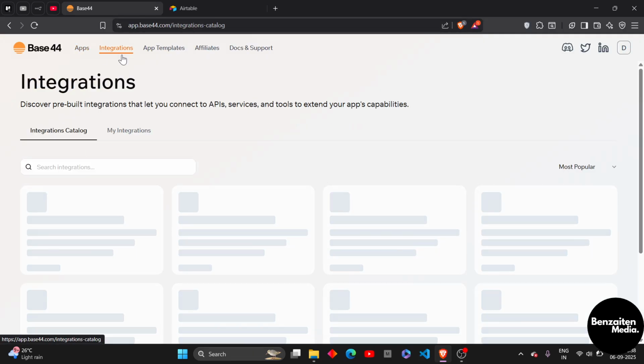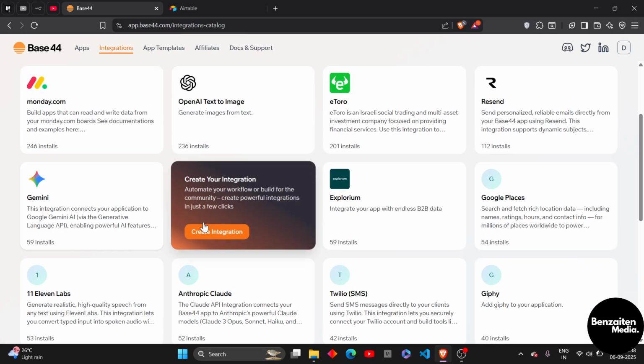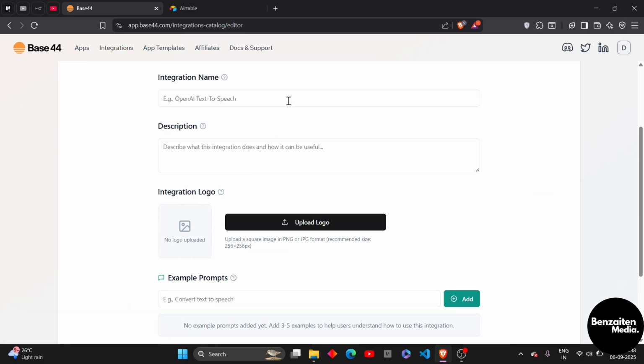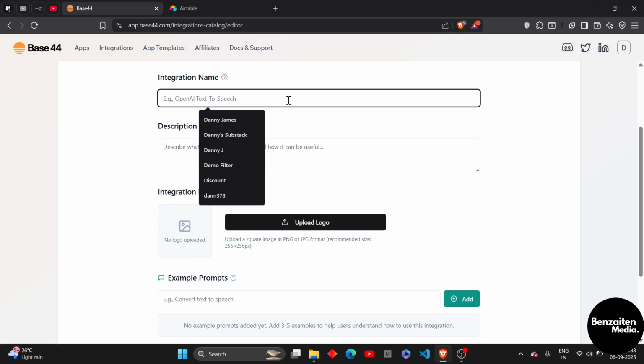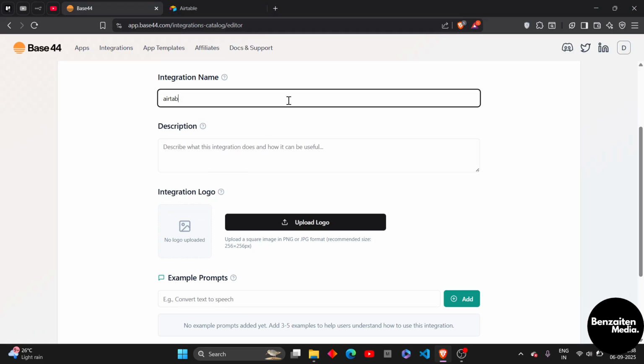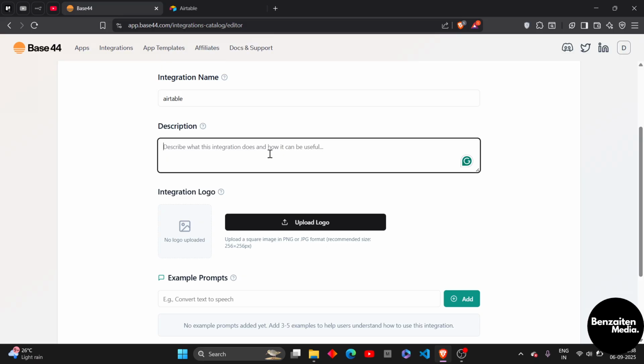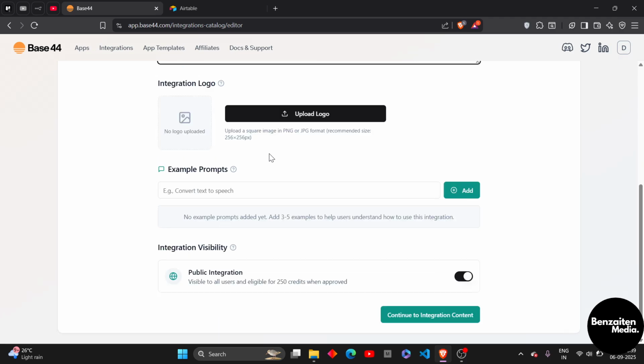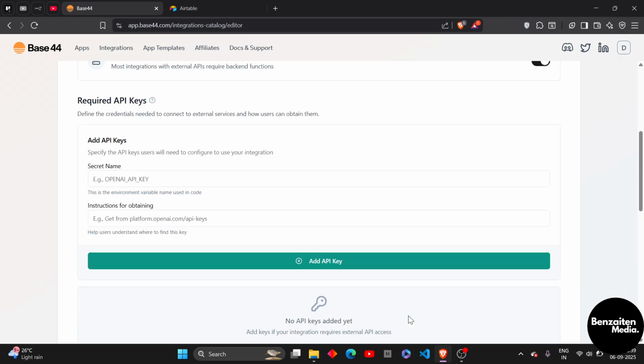After that, when you're logged in, you need to click on integrations, and from here, you need to click on create integration. And from here, you need to enter the integration name. I'll go with Airtable, and after writing the integration name, you need to enter the description. The description is compulsory, and after adding the description here, you just simply need to click on continue to integration